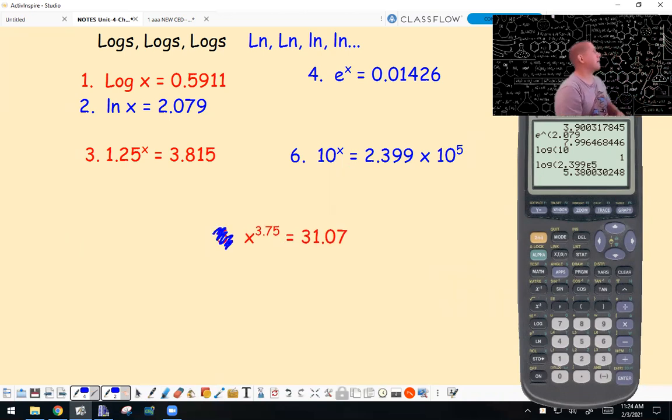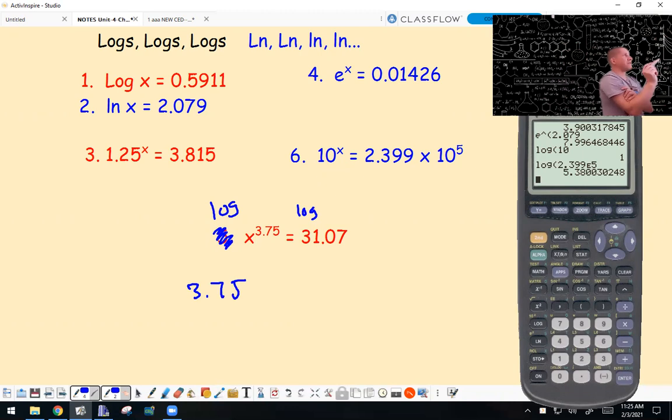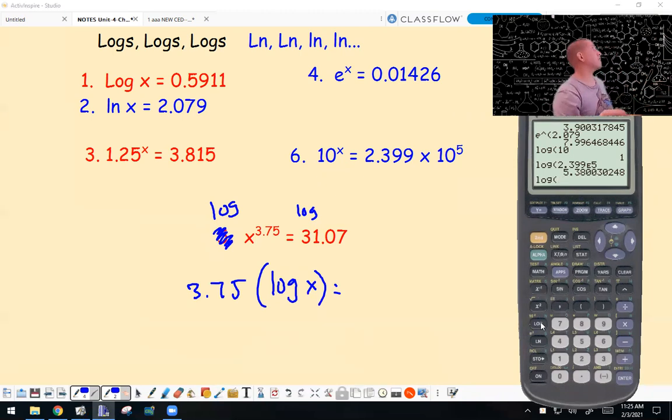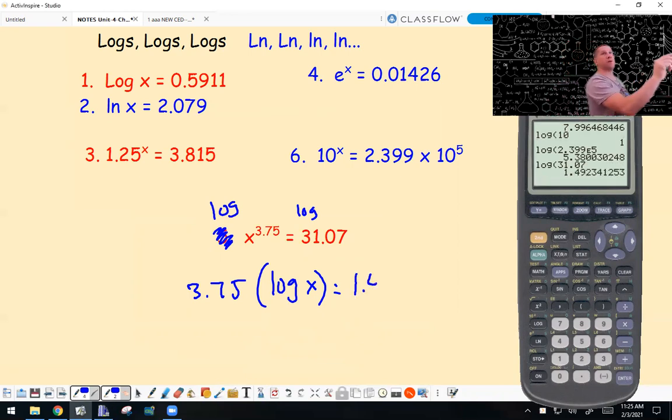All right, what are we doing this time? Well, we could do that same rule. We could take the log of both sides. So what do we have now? 3.75 times the log of x equals, I'm just going to get that number. So the log of 31.07, which is 1.49. So now you can see I can get the log of x equals